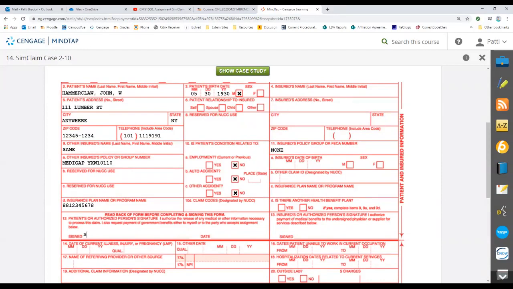So you don't actually need to have the patient sign this form. They just need to sign that other form, and you keep that form. So if the insurance company ever comes back and wants to see it, you can pull it up and go, see, here it is. So we're going to just type signature on file,